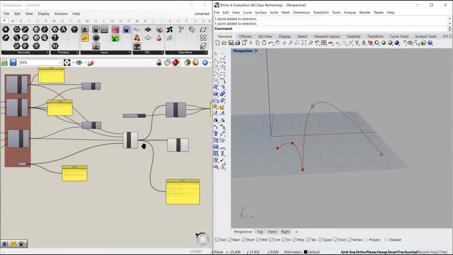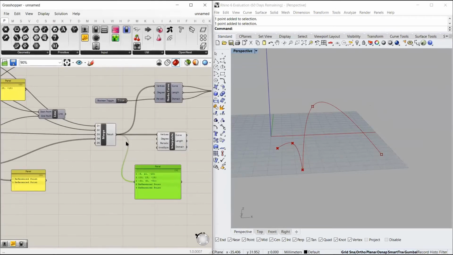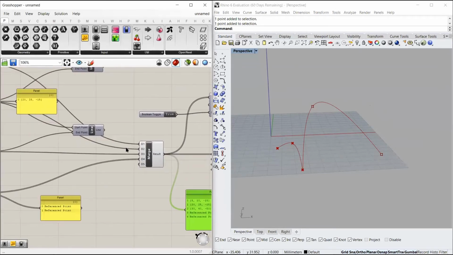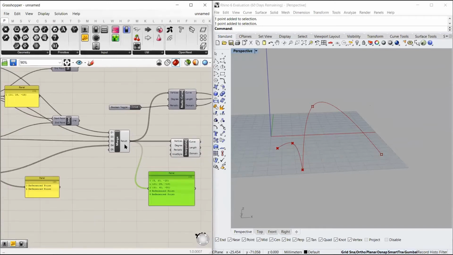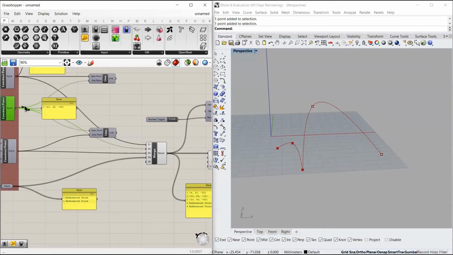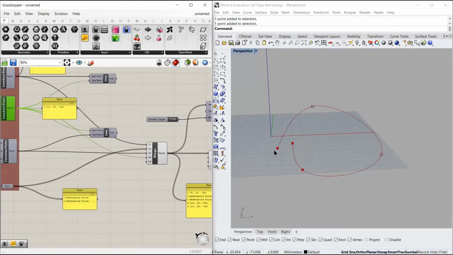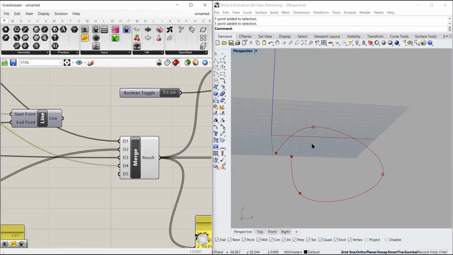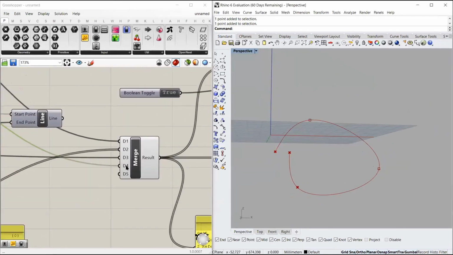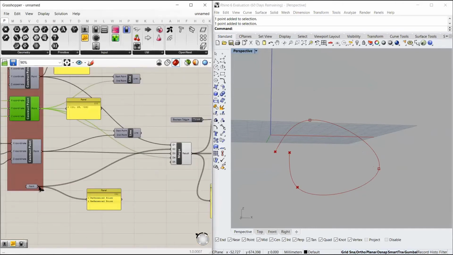Now, one more thing, as we demonstrated earlier, if you change the order of this data input, the order of the output also changes, and similarly the order of this interpolation will change. Suppose I input this second point as my last point and the last point as the data 2, you see the curve changed, and it changed because the input parameters changed. But for now I will revert it back.